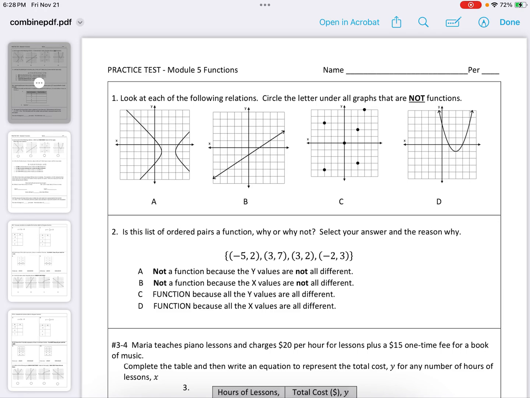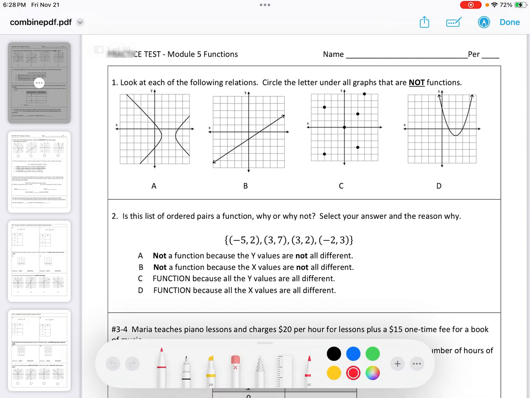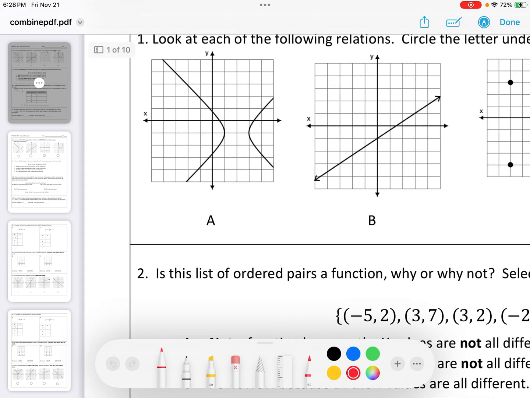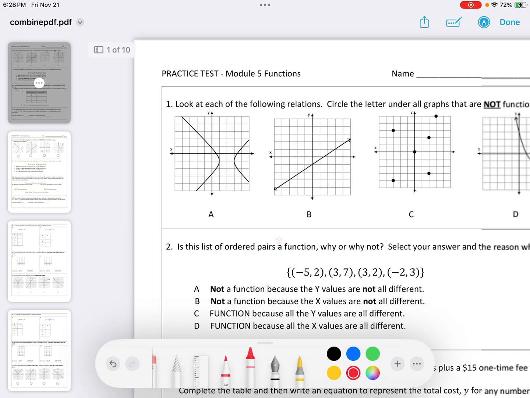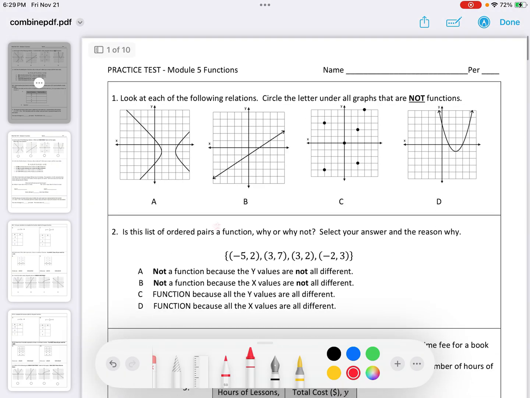Everybody, we're on our test review, and I'm so glad to be using Freeform now because Freeform works so great. All right, so I can zoom in. I can use other tools. Here we go. Now, before we start, I'm just going to tell you that the reason why this is 10